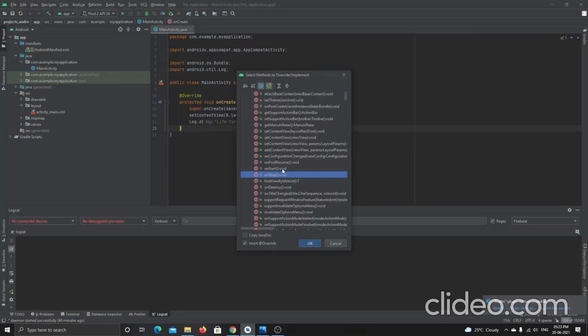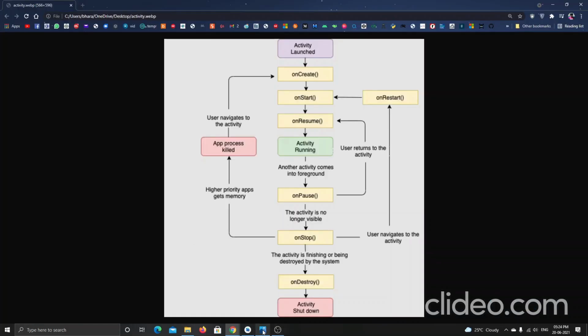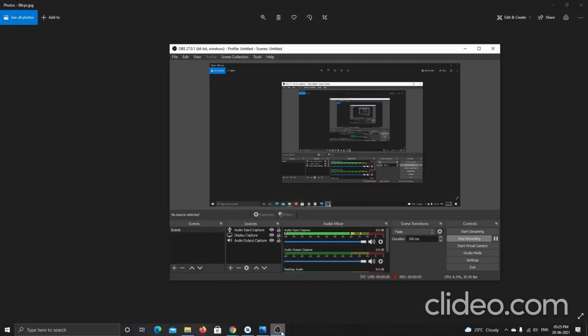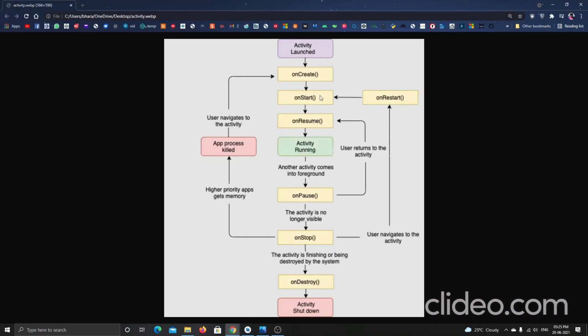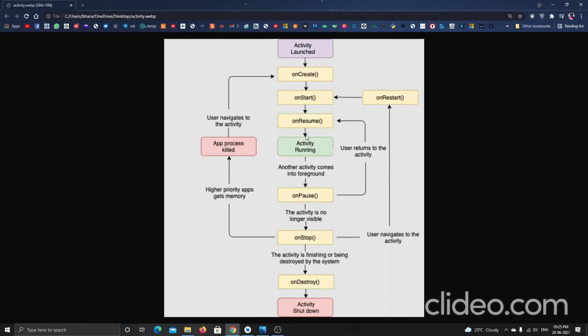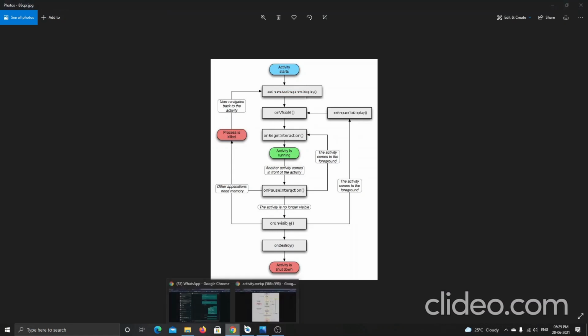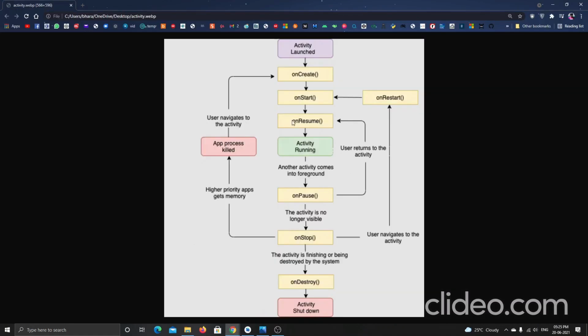See here, it included the on start. Wait a minute, I will change the picture. For better understanding, I changed the picture. It has the same things. If you see the other one, you will get confused. Instead of getting this confusion, let me teach you with this picture. Both are the same, but the names are different. But this picture is related to the coding part.